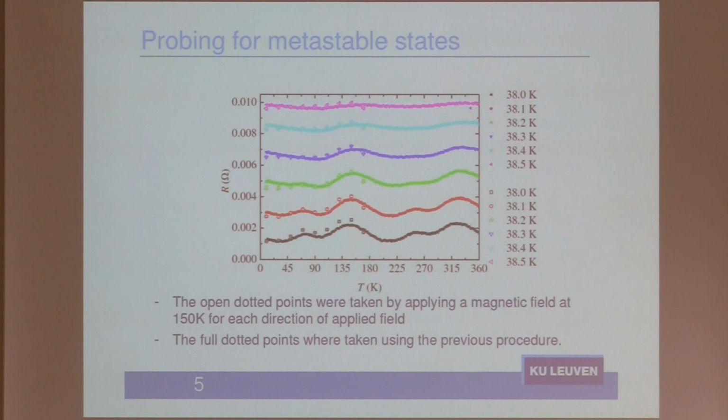They thought that the experiment was done a bit the wrong way, because they did a field-cooled experiment for a given direction of field, and then they rotated the sample, and it could be that there is some metastability. So when you rotate to a new angle, the superconducting state didn't relax properly to this new position. Here the circles show the measurements done field-cooled for each direction. They practically coincide, so we don't have this metastability effect.